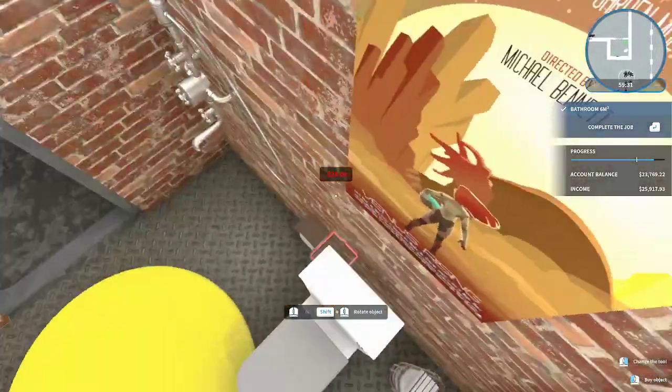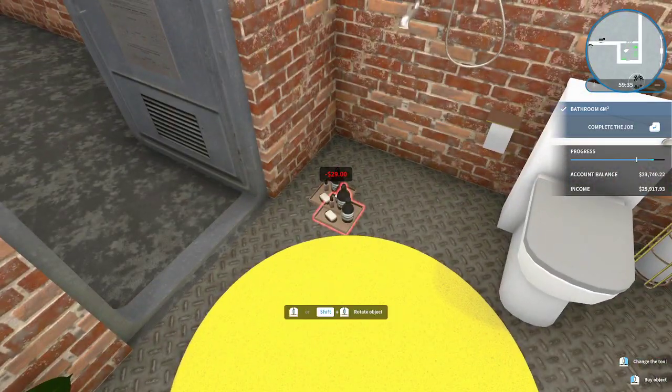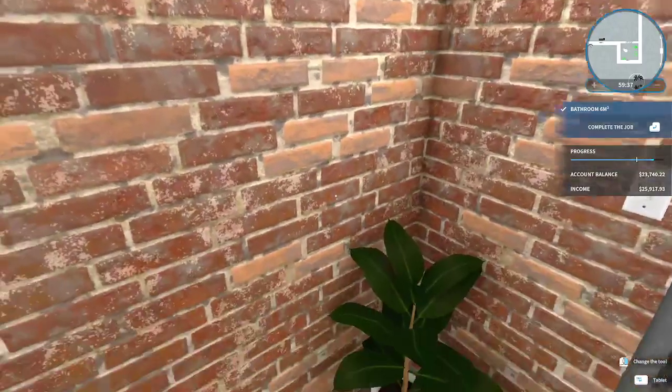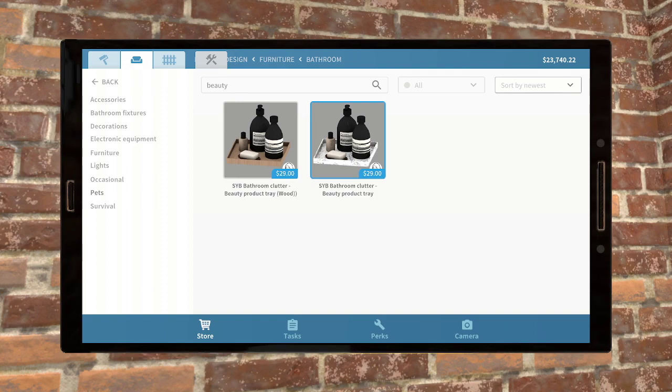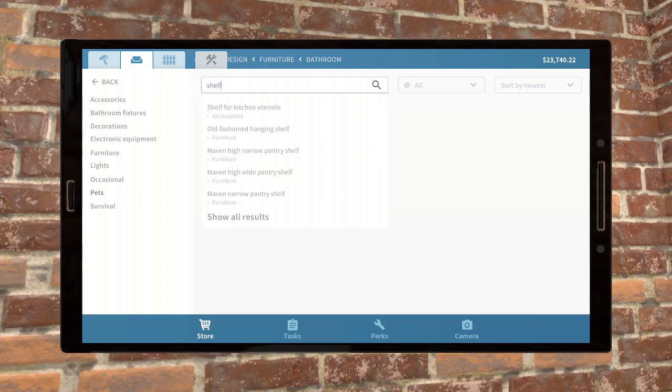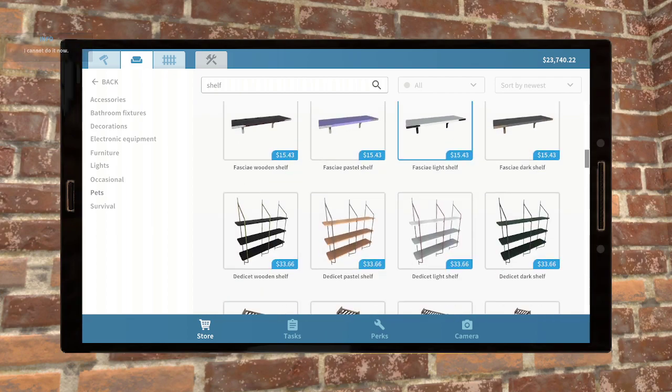Okay, so I'm running into this again. Now this is a workshop item, so it might be a little more difficult. But I think I have to put a couple of shelves up here, so I can put some nice fluffy towels and toiletries and, yeah, I mean,